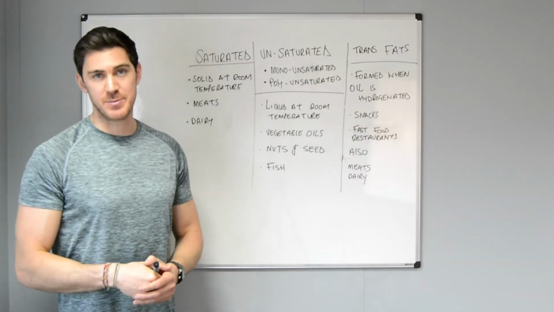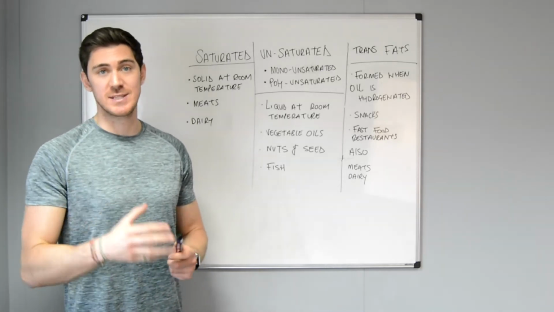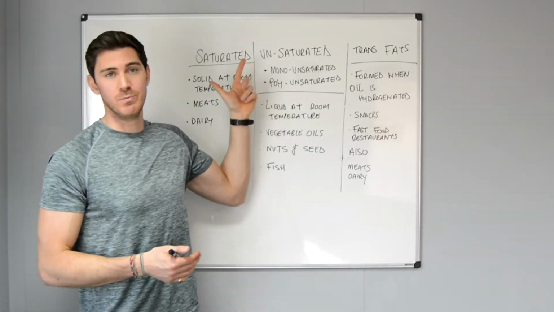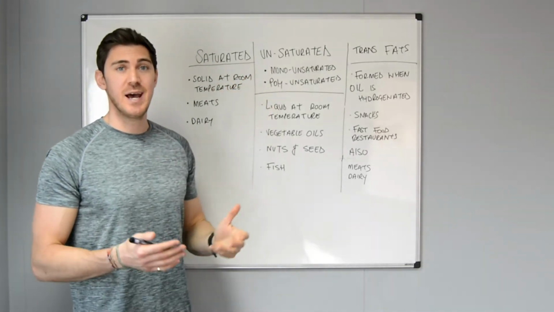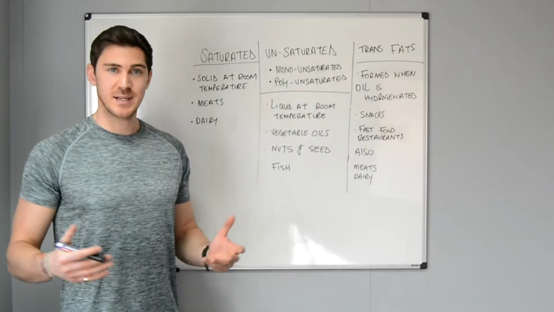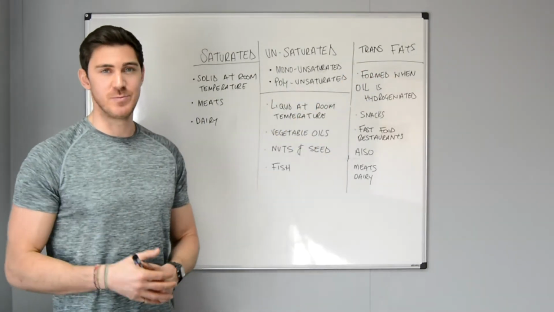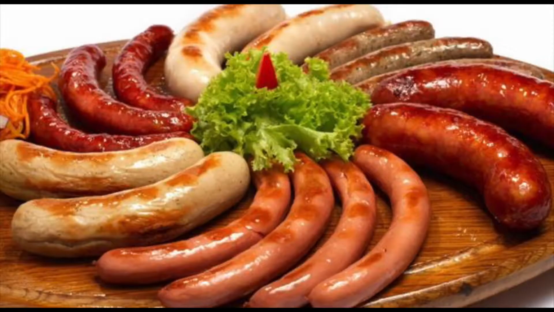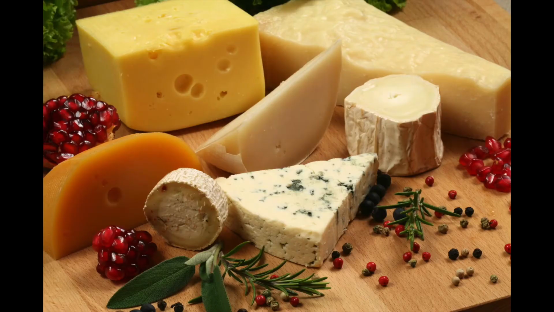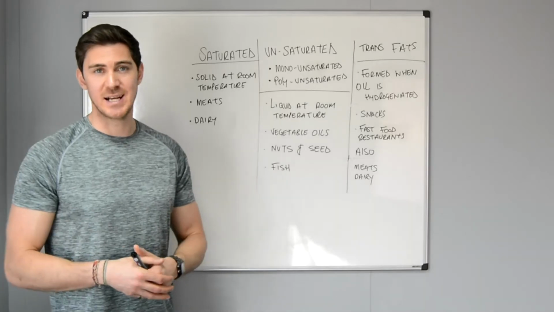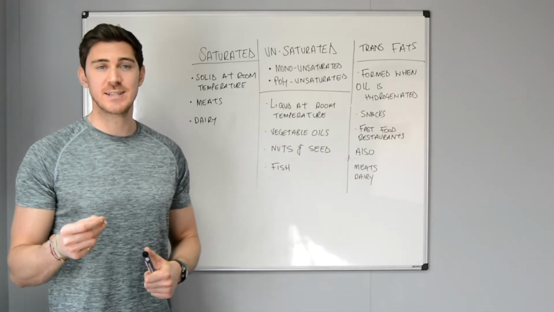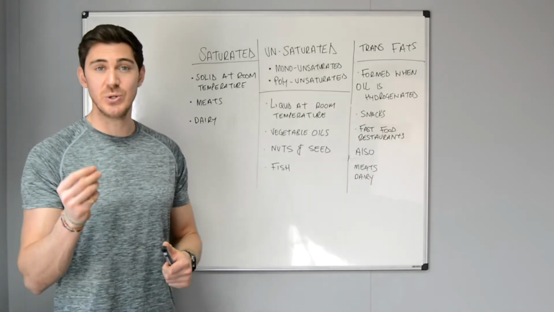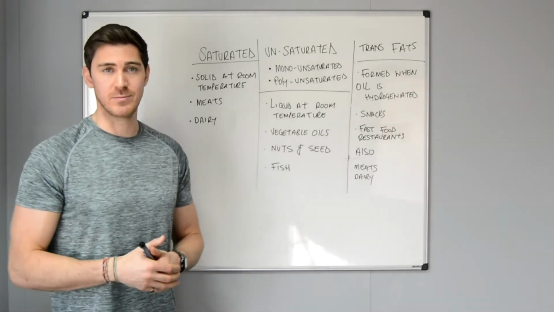So what are the different types of fats? Well, they can be found in three types: saturated fats, unsaturated fats, which break down into monounsaturated or polyunsaturated, and finally we have trans fats. Saturated fats are usually solid at room temperature and tend to come from animal products like meat such as steak, pork and sausages, and dairy products like cheese, milk, ice cream or anything else that has the word cream in it. Saturated fats are high in good cholesterol but also very high in bad cholesterol, which means you do need them in your diet but only in moderate amounts.